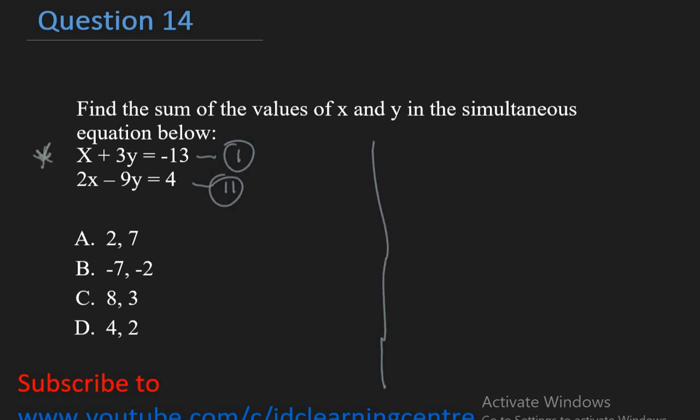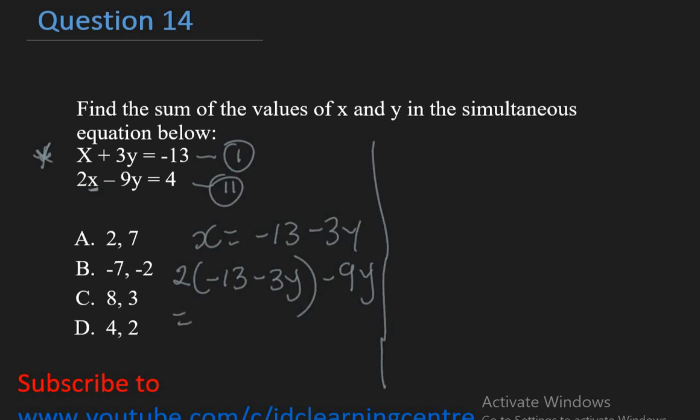So I'll move plus 3y to the right hand side to meet minus 13. So it will give me x equal to minus 13 minus 3y. This is equation 3. I will now go to equation 2, where I have x, I'll replace it with minus 13 minus 3y. So from equation 2, I have 2, but where I have x, I'll replace it with minus 13 minus 3y. Now, minus 9y equal to 14. 2 times minus 13 will give me minus 26. 2 times minus 3 will give me minus 6y. Now, minus 9y